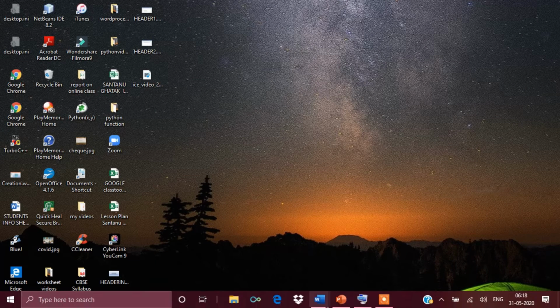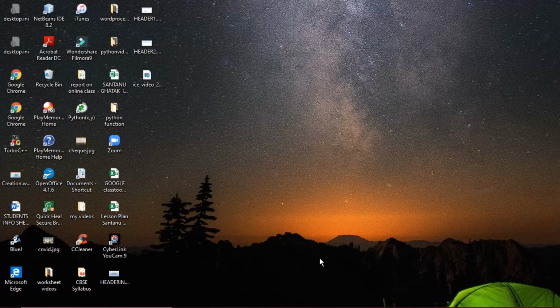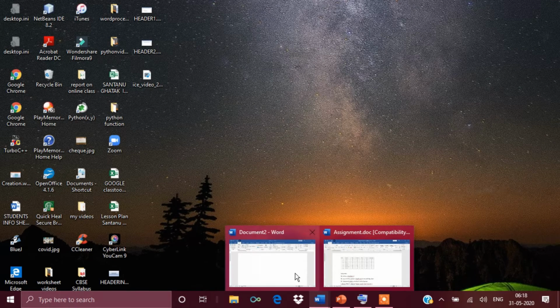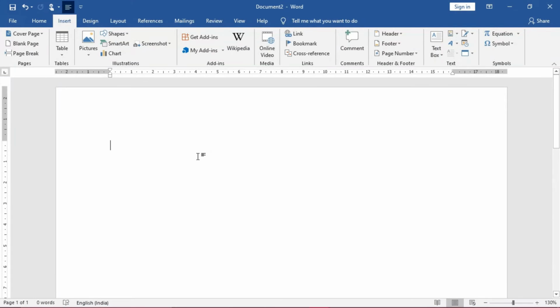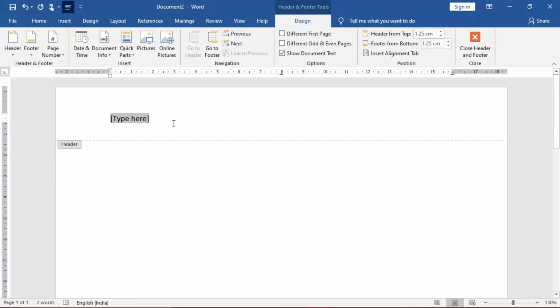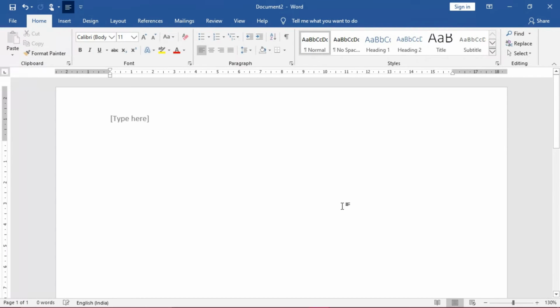Now students, you see how to remove the headers and once again how to insert online pictures using the header. Okay, so I'm opening a document for you out here. So similarly, we will go to the header area by using the insert and the header and footer group, and I will insert the header out here. Okay, now you see I'm using a blank header out here, so the type here is appearing. Now first of all, suppose this one I have inserted as a header. Fine. So now how I will remove this header.